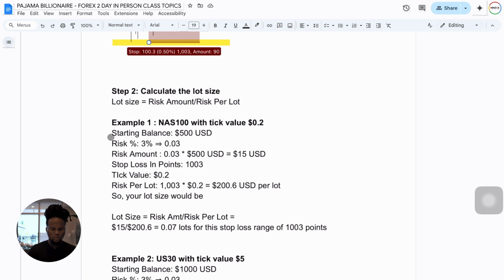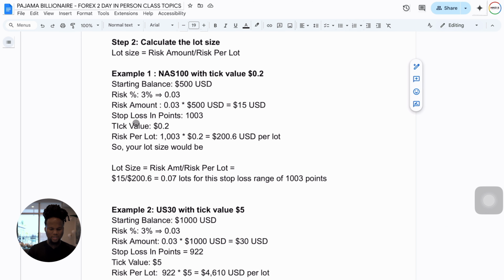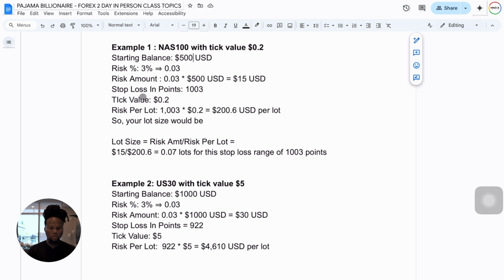So for example, we have a starting balance of $500, which gets funded by Pro Traders Fund, so you can trade bigger. Risk percentage is 3%. Risk amount is basically $15, because it's the 500 times the risk percentage. Stop loss in pips is 1003. Tick value is 0.2, and then the risk per lot is the pip count for the stop loss area